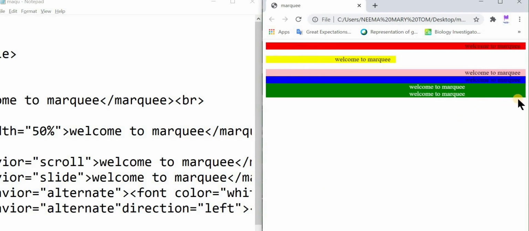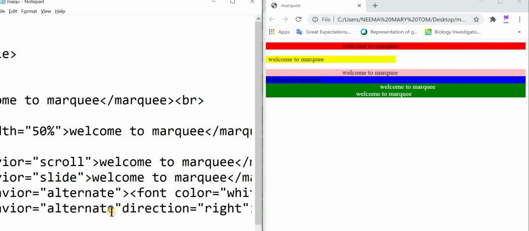Now you can see by default it is to the left, moving to the left. So it is alternate, since we have given that alternate, so it is bouncing back. Let us change that left to right. I am changing here value of direction to right, RIGHT. Saving the file and refreshing the browser. Now notice that, did you notice that it is moving from left to right and moving again to right, so it is bouncing because since we have given alternate.